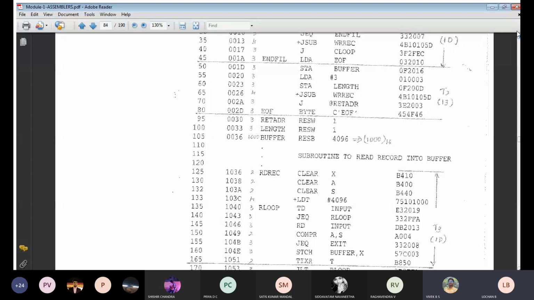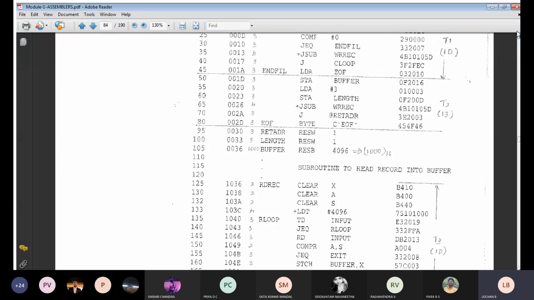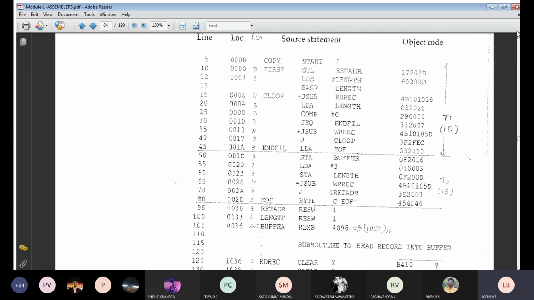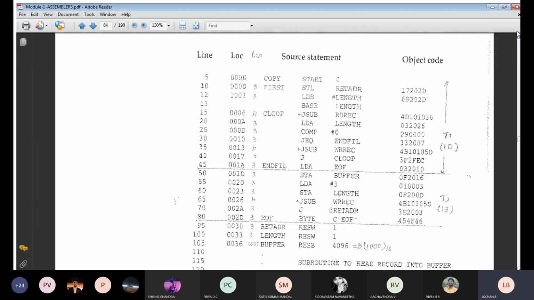Understood, Vivek? No sir. See, one thing I want to tell you, everyone listen here. Still now, I have not calculated your object code. I'll repeat once again. Till now, I have not started calculating your object code. Still now, we are in the location of your address. So in your question paper, they are going to give only COPY START 0. Whatever the 3 columns you are going to get now, only those 3 columns you are going to get.